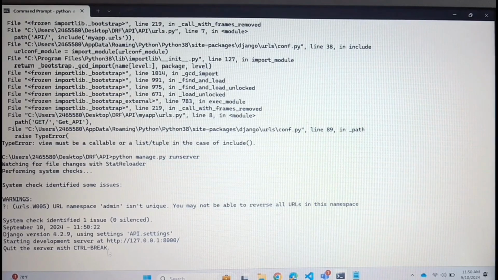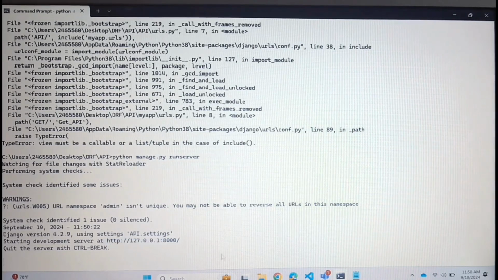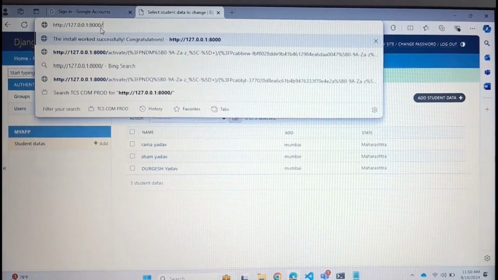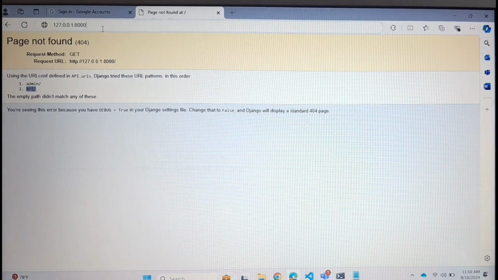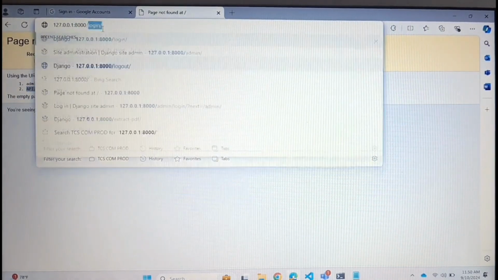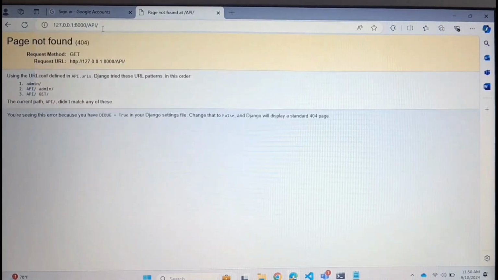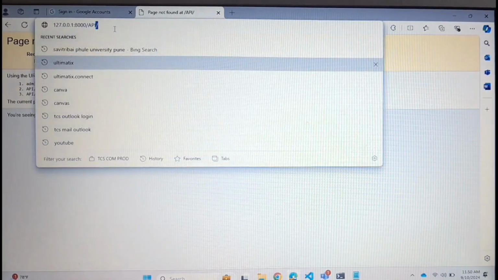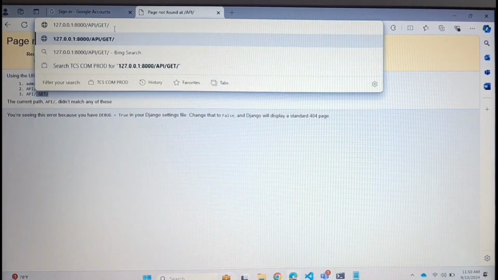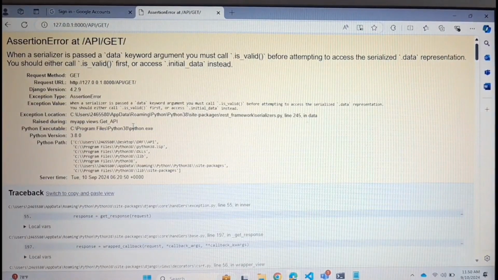Okay, so let me copy this URL, then come here, let me paste here. Okay, now we have to follow this pattern. So come here, slash. Okay, now I want to perform the get operation, so I need to follow this pattern. See, this is the way you have to go to the particular API. When serializer is passed a data keyword argument, then before, okay,